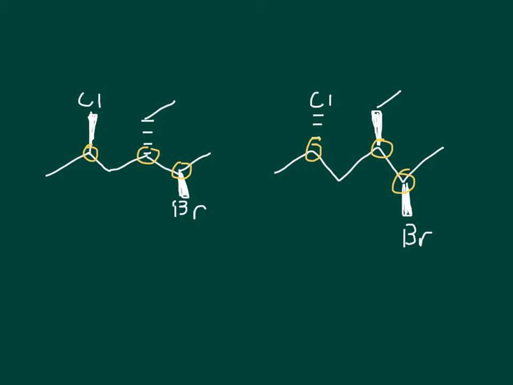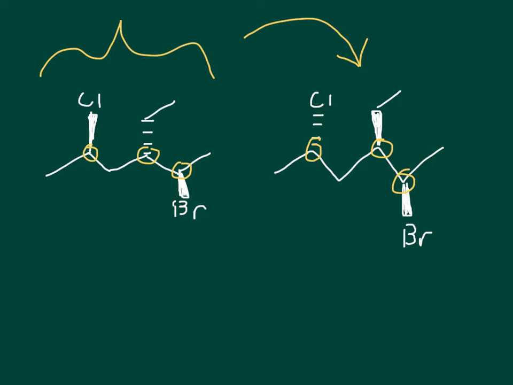superimposable mirror images. An easy way to determine this relationship is to take, in this case, the molecule on the left, draw its enantiomer by switching all of the wedges and dashes, and see if it matches the molecule on the right. Now, pay attention to the fact that both of these molecules are in the same conformation. And by that, an easy way to tell is that all of the lines are drawn in the same orientation. As you can see here, we have the shape, same here, and so on. As long as those lines overlap, they're in the same conformation, and that's going to become important in our next